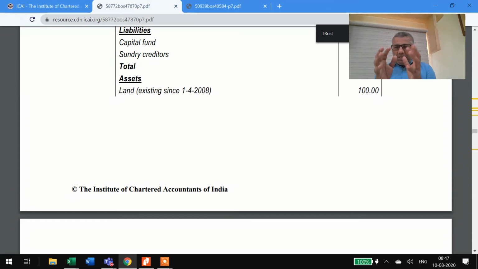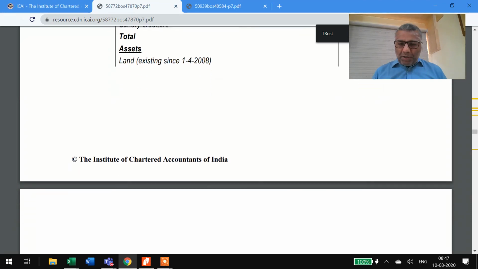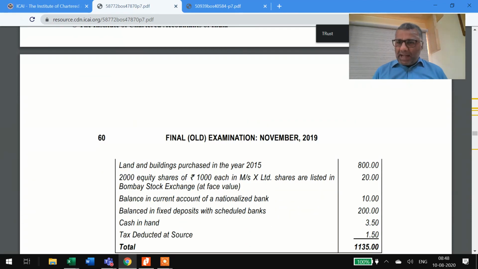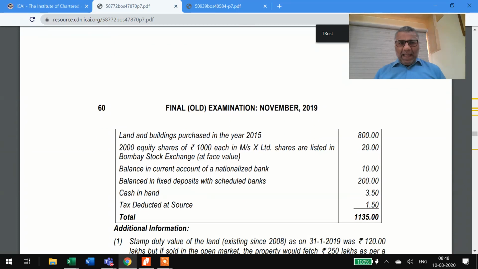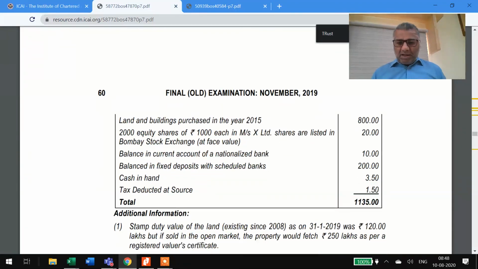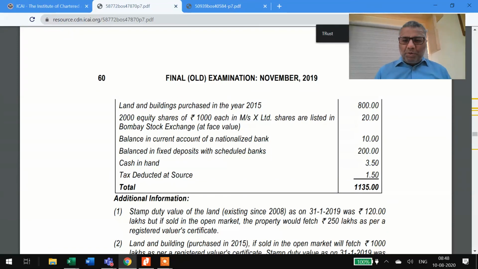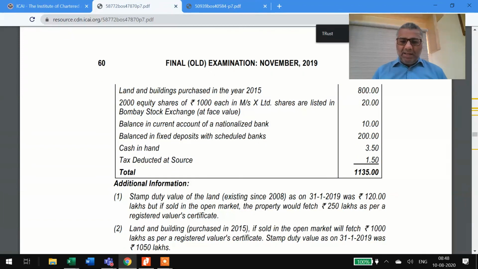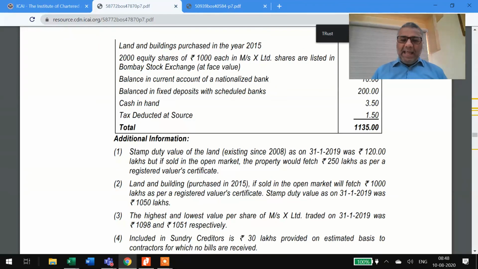But this is how the trust accredited income question comes. Last time, both in new and in old, the same question. The previous GVB charitable trust is also that. So in the last two attempts, only accredited income came. It can be an accredited income question, or it can be a general computation question that can be asked in trust. But it will be a straightforward, simple question, never to miss the trust question. You will spend 1 hour, complete trust, learn the trust, and you can easily answer these questions.